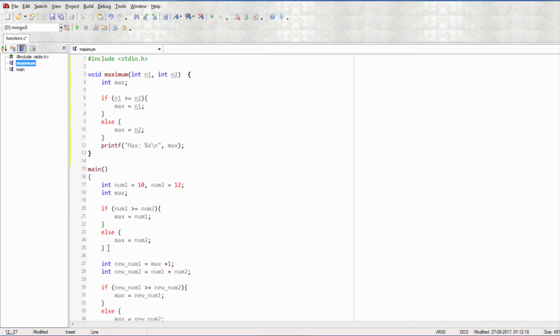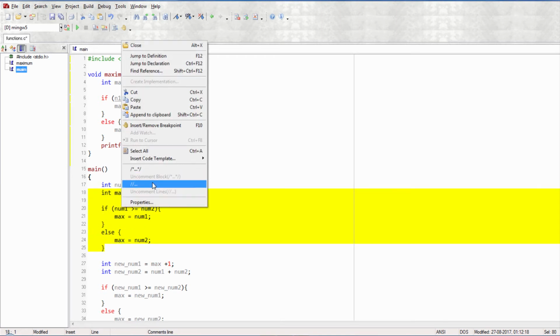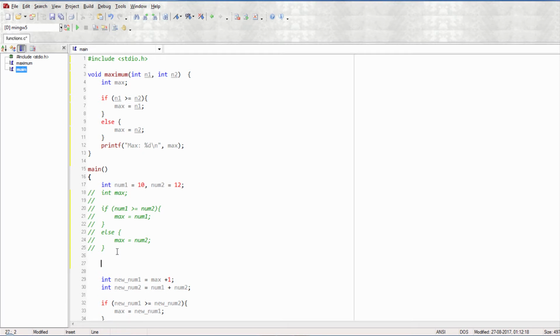Makes sense. Now the way you use that here in the main, because obviously we want to replace this, we'll just comment this for now. So we can do this, and the way you use this function is by typing its name and passing the parameters. So in our case, num1 and num2. So what this means is that this num1, which is 10, will be passed to this function as n1. So inside this, n1 will have the value 10 because num1 is 10, the first parameter, and then the second parameter would be 12, and so n2 would be 12,